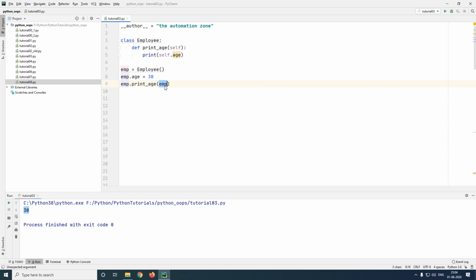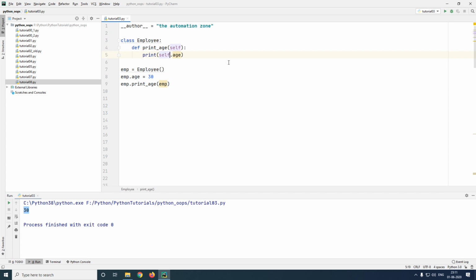Therefore, in this method right here, self now becomes employee, hence self.age basically becomes employee.age. And as you know, in line number 8, we have set employee.age to 30. Hence, when we run the program, line number 9 is printing employee.age, not self.age. And the code works perfectly fine.